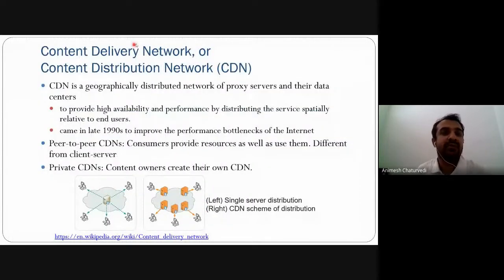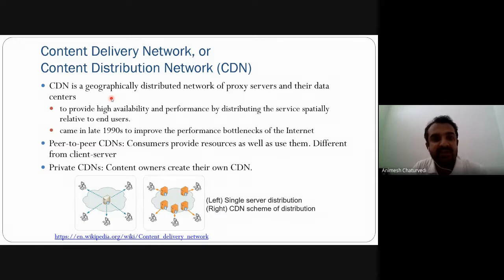So we'll first understand content delivery network. What is content delivery network? Basically, it is geographically distributed servers, a distributed network of servers, so that a proxy server could send and respond to the request as quickly as possible. So there will be multiple data centers assigned geographically, where one data center could contain the same content